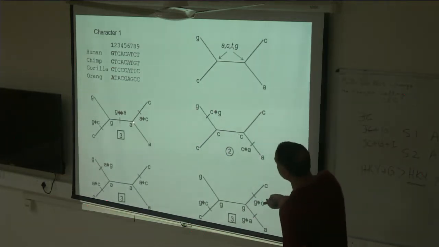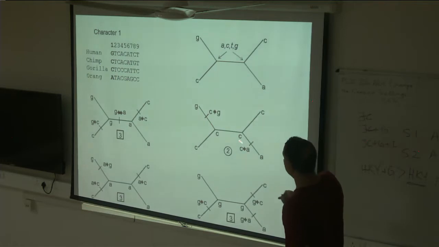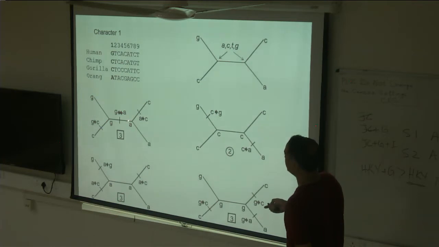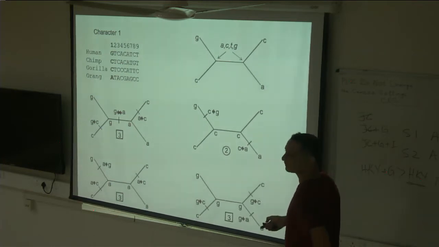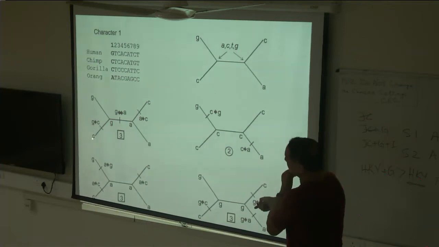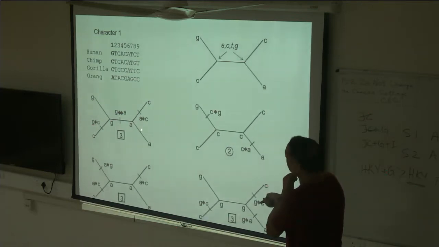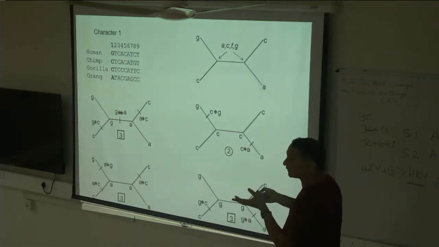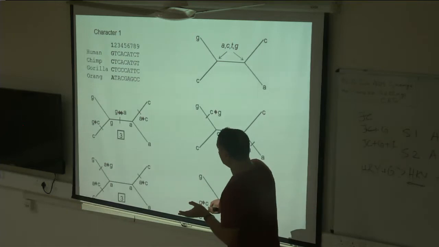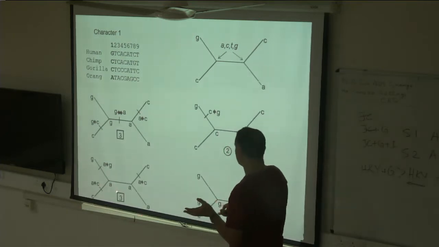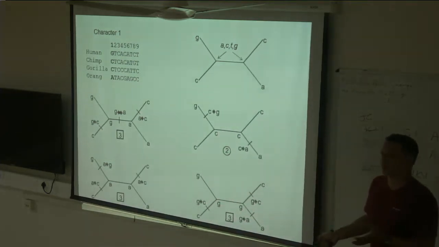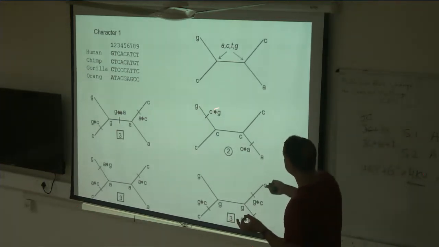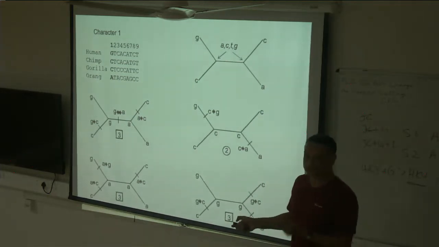Okay, so when we put C here, one change here, two changes. Maybe it's a G because there's a G here and there's an A here. If you do that, it needs three changes. One change here from G to a C, one change here from A to a C, and one change here either from G to an A or from A to a G, depending on how the tree has been rooted. If you put both A's, again, more changes. If you put both G's, again, more changes. So the most parsimonious reconstruction is this here because it needs the least number of changes given this tree.